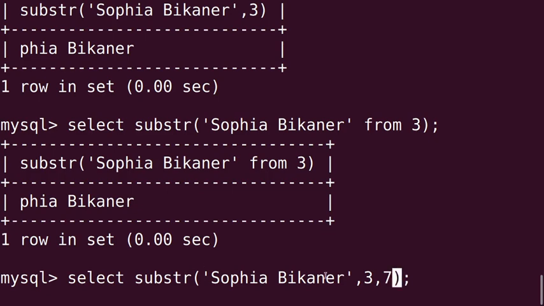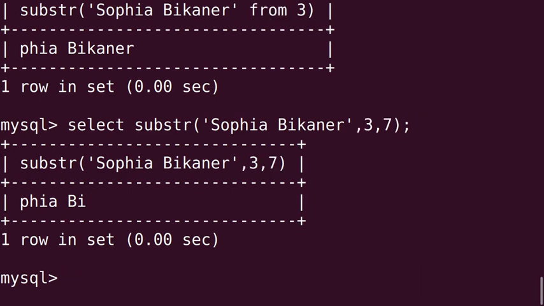Here the meaning of this line, once more I am repeating: the string is given, 3 is the position, 7 is the length. Means from the third position we have to pick 7 characters. 1, 2, 3, 4, 5, 6 and 7. Right, girls? So in the output we are expecting this. See the output.